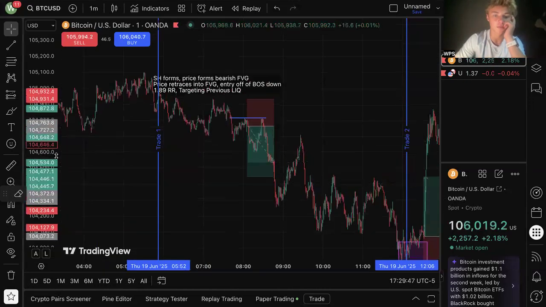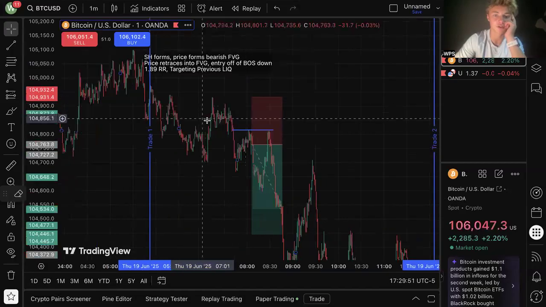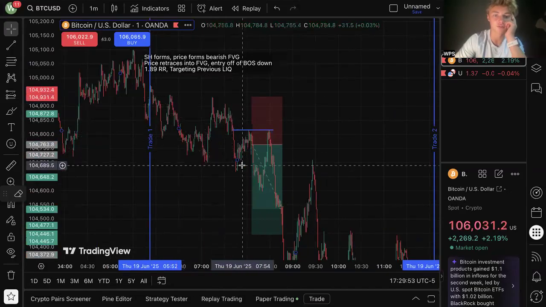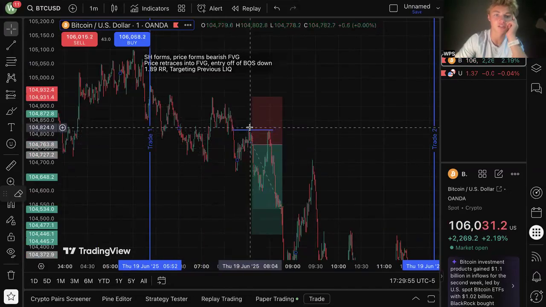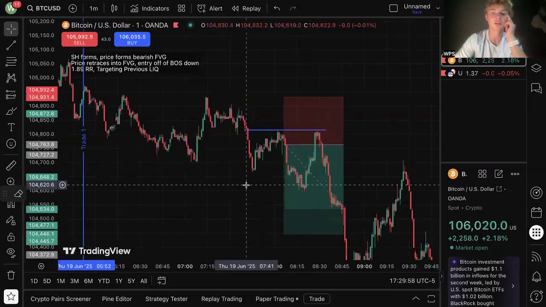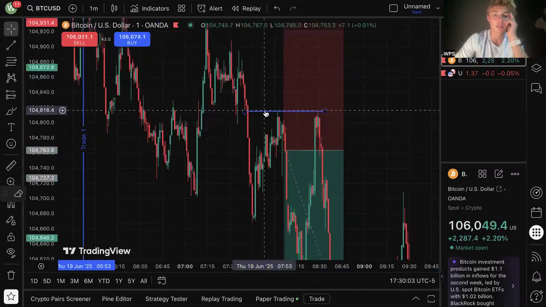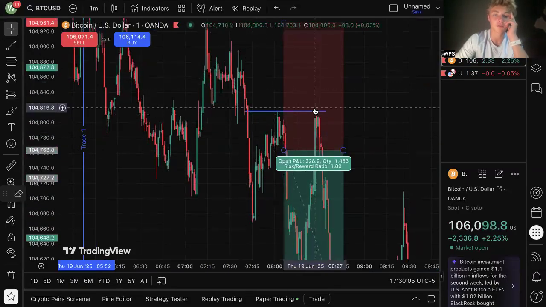So right here, this is pretty obvious. Swing high forms, price forms a bearish fair value gap right here. Swing high, bearish fair value gap, price retraces into this fair value gap. And then on the 1 minute, which I'm on right now, this forms a fair value gap on the 3 minute. I would, and I suppose on the 1 minute as well, wait for a break of structure,